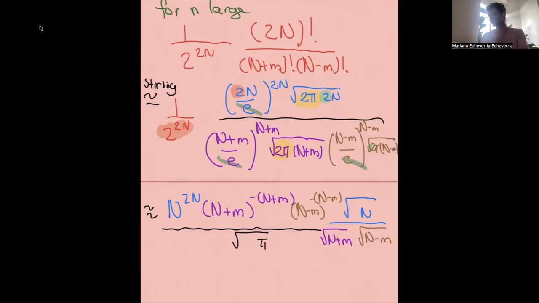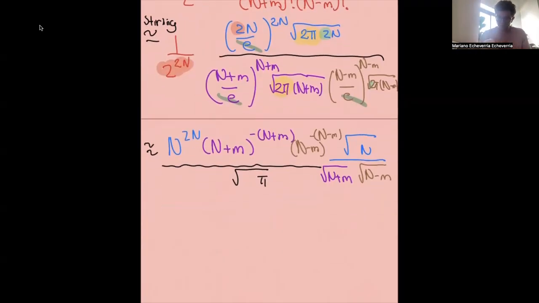Is that making sense? So far, so good. In the top row now, you can multiply the n plus m to the negative m, and then the n minus m. Actually, that might not. It can be simplified further. Let me just see how I should do it. The idea now is to factorize an n on each factor.